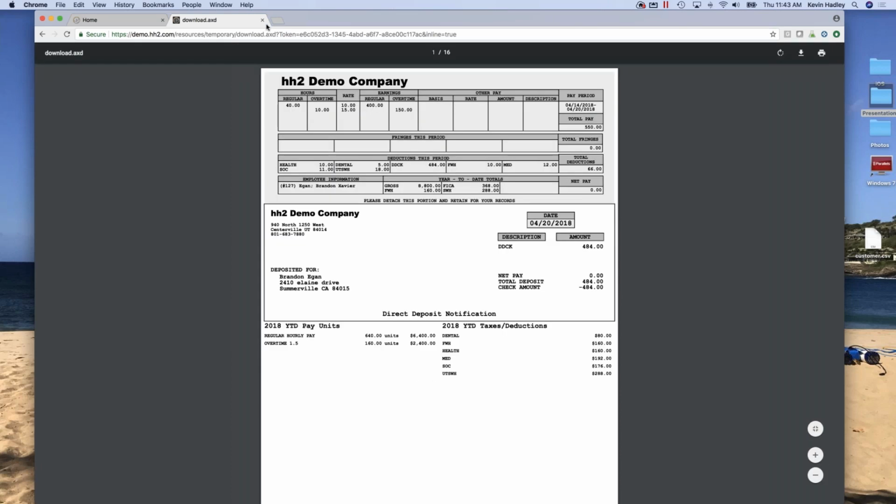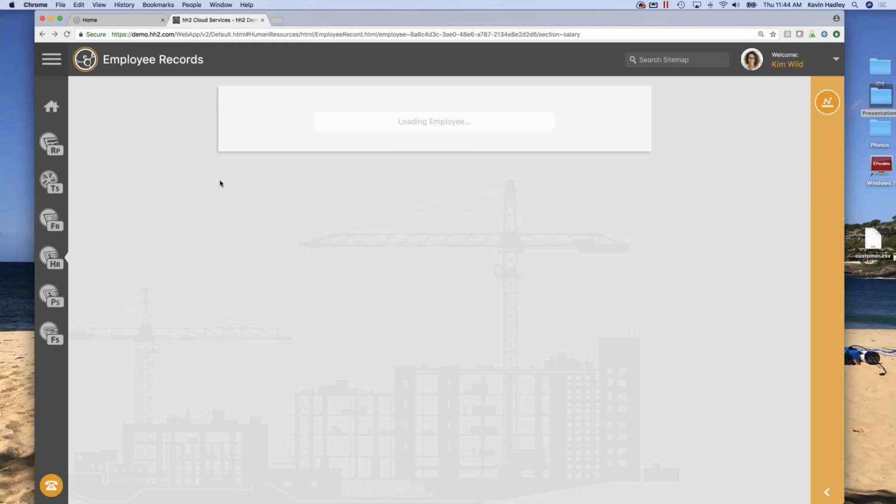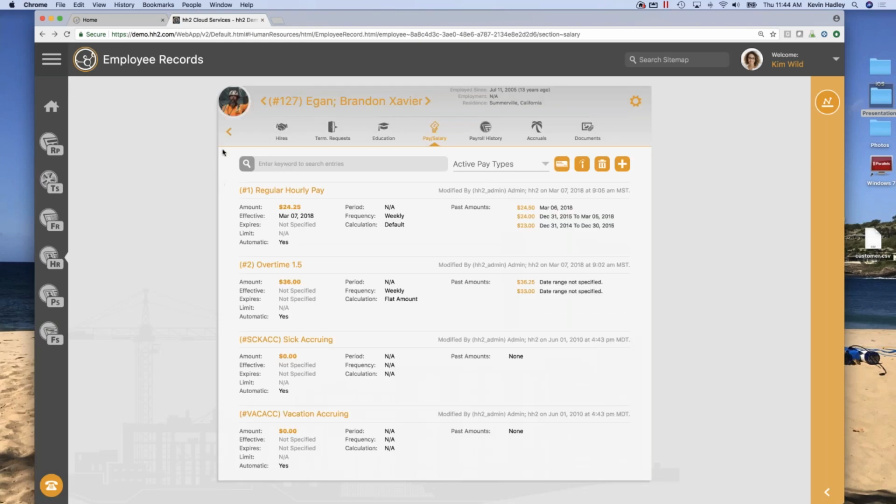It's very nice. Quick example for everybody. I was looking for a new home, needed to supply some stuff as I applied for a loan and to get pre-qualified, so to speak. I just went in here myself into hh2, got my own pay stubs, copied them off, sent them off to the company, and it was very nice. I didn't have to bother anybody within hh2 to get that for myself.